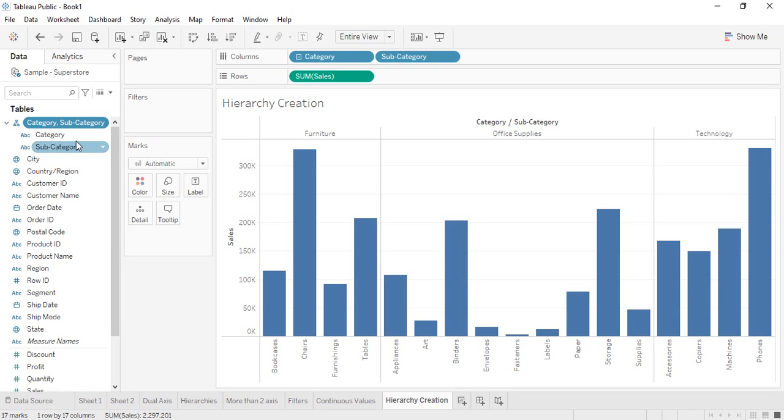Here we are going to see how we can add more elements or more columns to a hierarchy that's already created. So that's the hierarchy, category comma subcategory, that's already created. Suppose we wanted to add segment to this particular hierarchy. What we are going to do is just drag it and drop it over here. If that dragging and dropping doesn't work, what you can do is